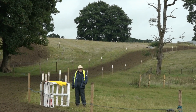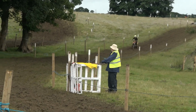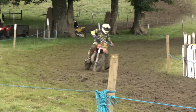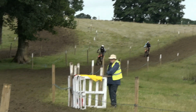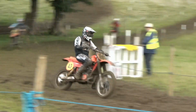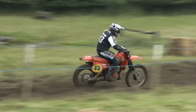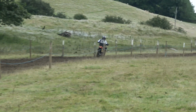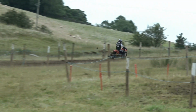So we're looking to the top of the racetrack to pick up our race leader. It's still number 41, Lee Payne, who has quite a substantial lead over this man here in second position, number 43, Ryan Ireland. Ryan again going very well on his 250 Honda Red Rocket,